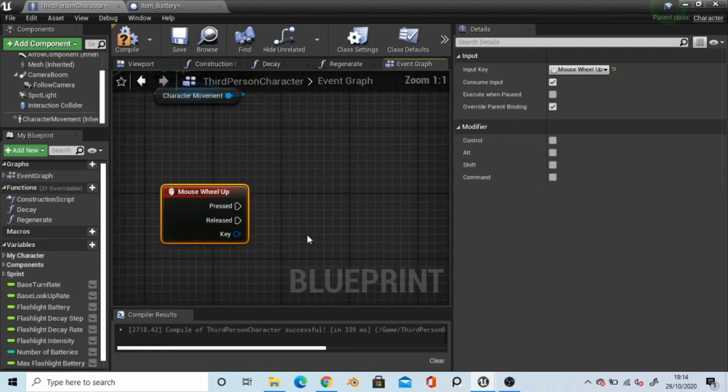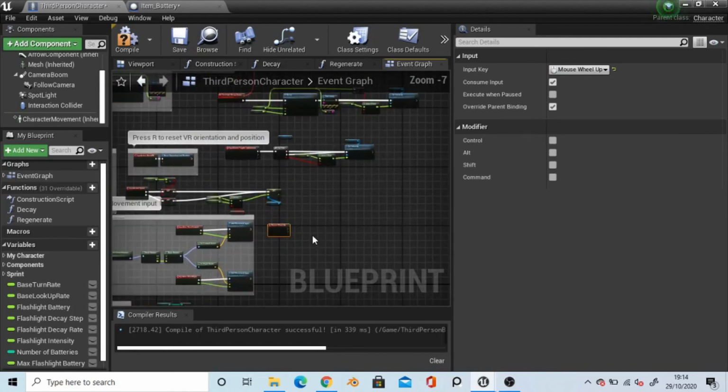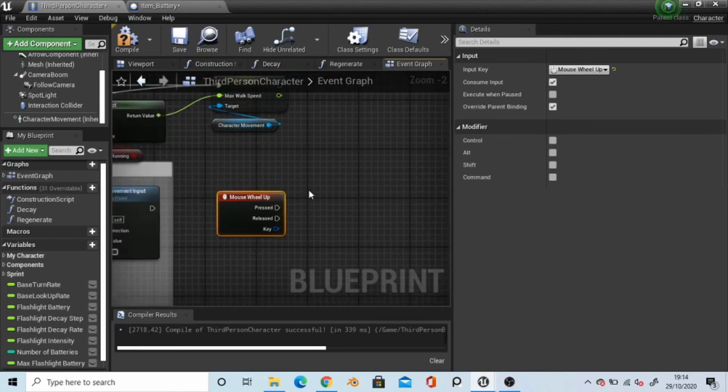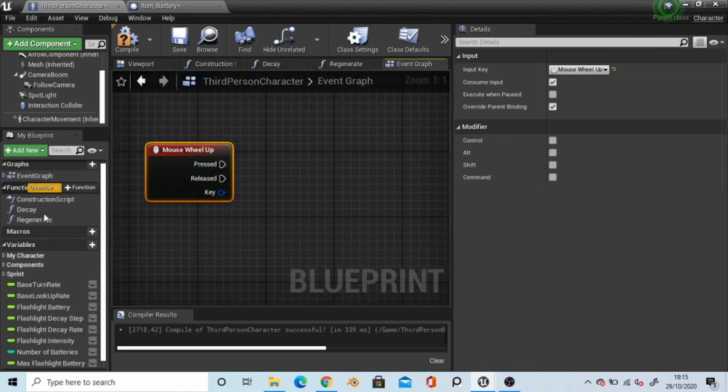So for every increment, each time that I'm zooming in is a separate event. So it will spike this every time that I'm scrolling. Therefore, we need to add in our steps a bit differently than with timers. But don't worry about it, it'll be fine. What we need to do is get the regenerate function,